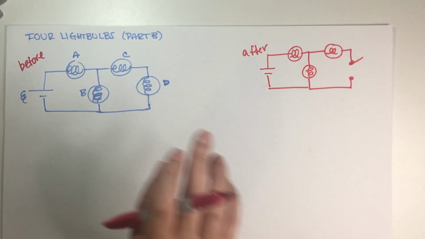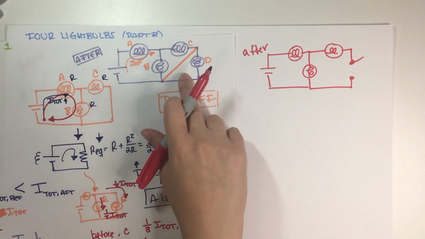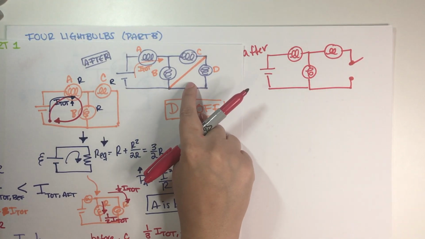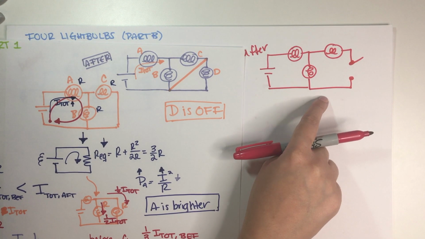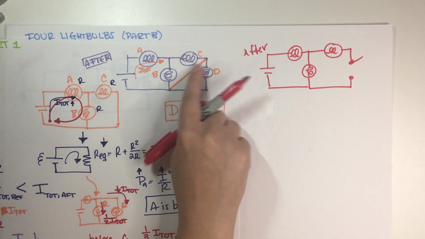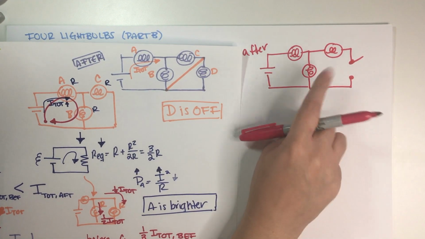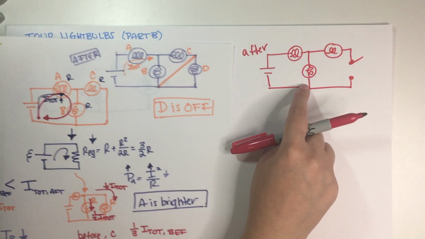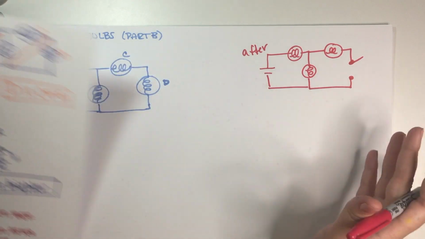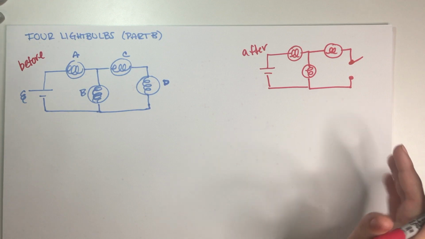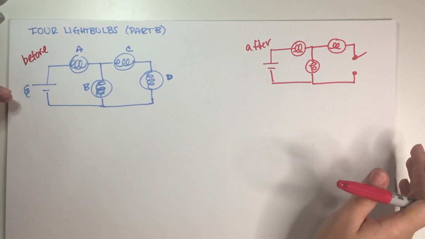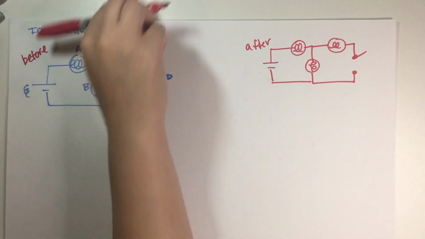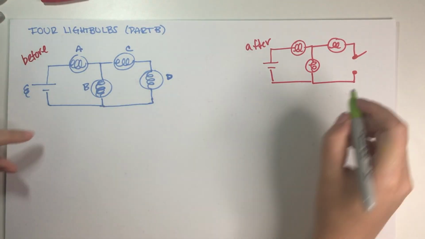So there is a difference between this circuit and this circuit. This is a short circuit and this is an open circuit. So this light bulb is shorted out, this light bulb is burnt out. So this is a difference, and obviously this is gonna change everything, because now my equivalent circuit is gonna look different. First of all, final answer for D is that D is off